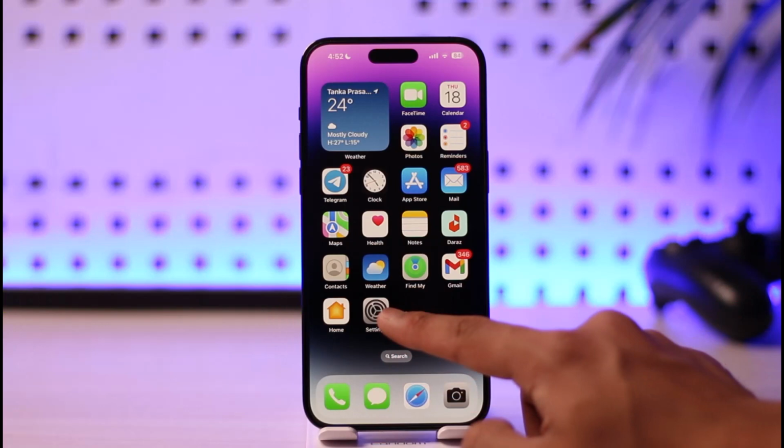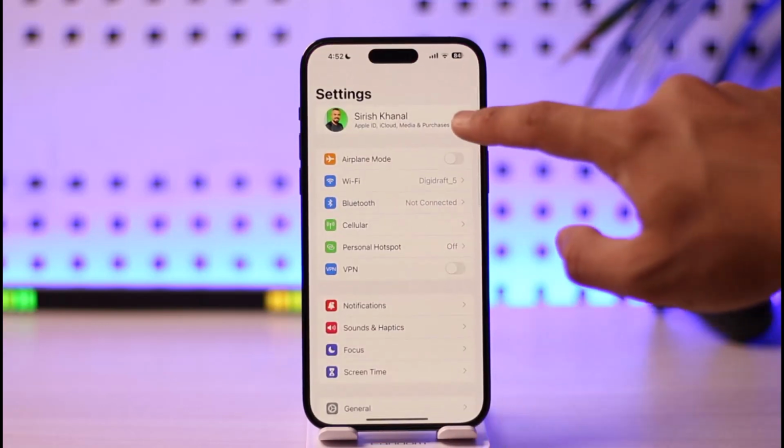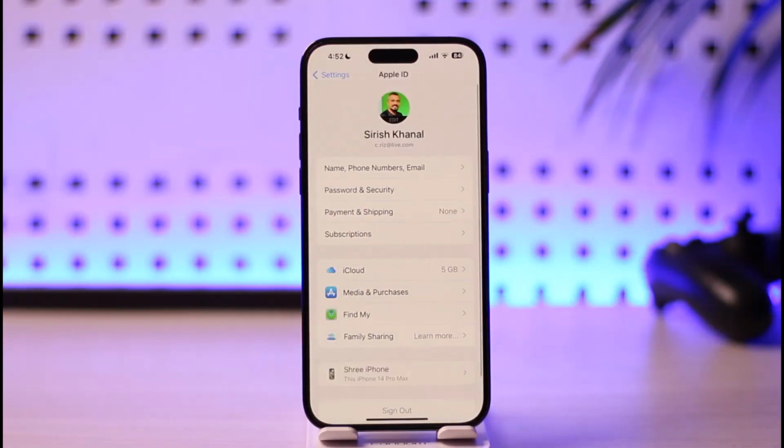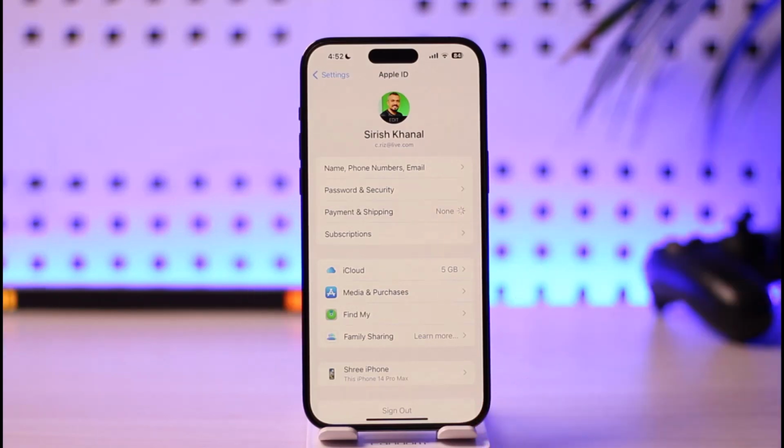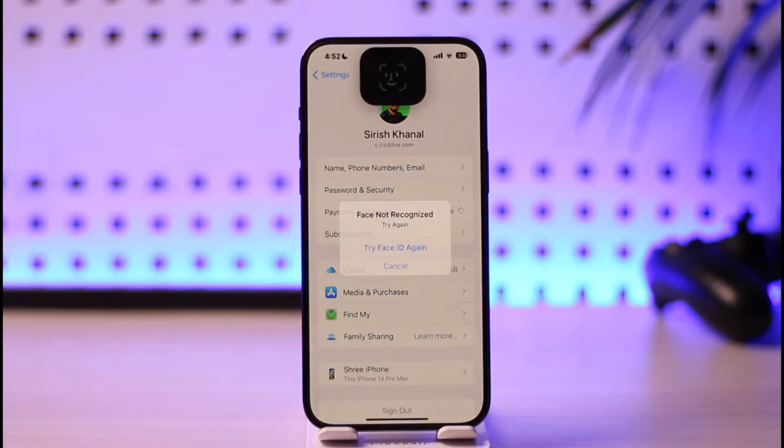and to do this you just have to open up Settings, then tap your Apple ID profile from the very top, and then over here you'll find the option called Payment and Shipping. So just make sure to tap on this Payment and Shipping option. Once you tap on the Payment and Shipping option here, you're going to land on this